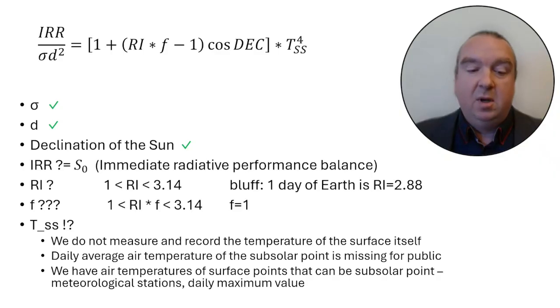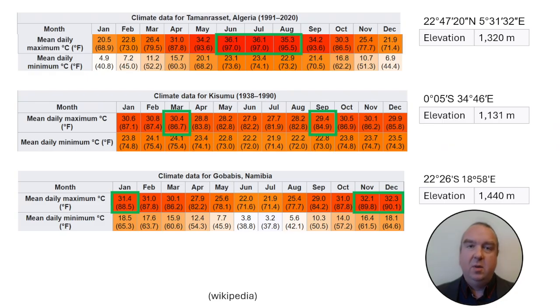the surface temperature. We measure and record the temperatures of the air, of the atmosphere, but we don't know the daily average temperature of the subsolar point. This is missing for the public. But we have meteorological stations that can serve as subsolar points. So I will use this to make a quick look. This is going to be the most rough